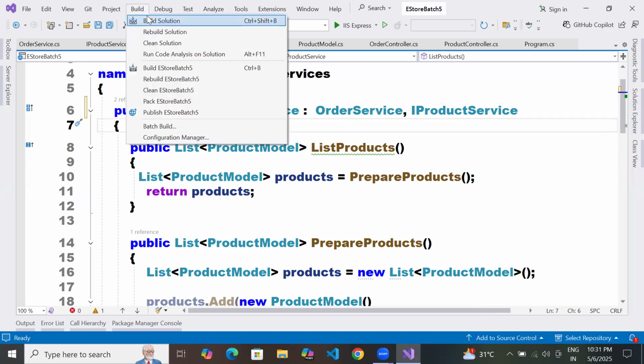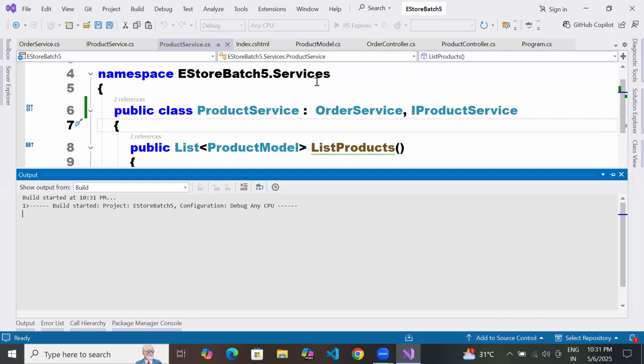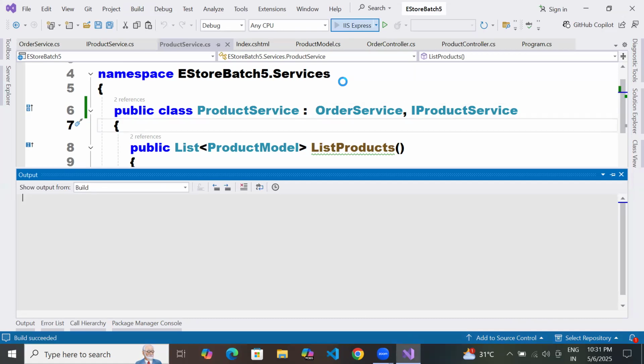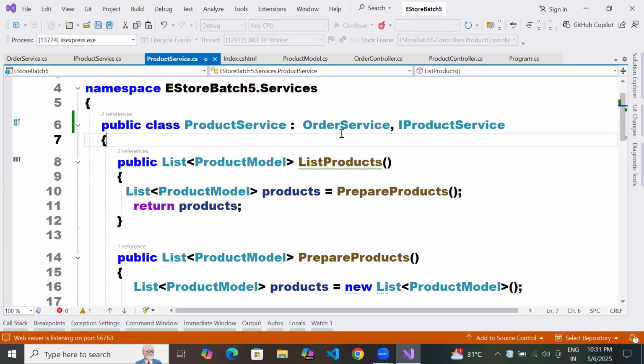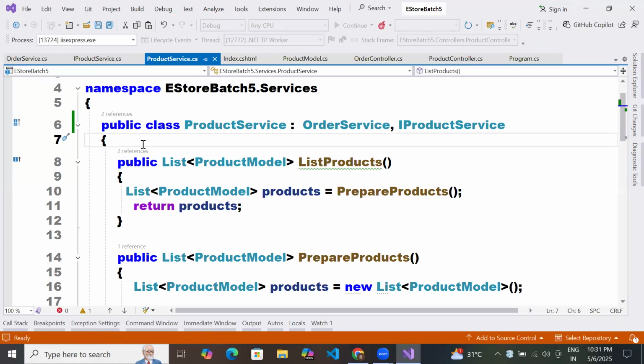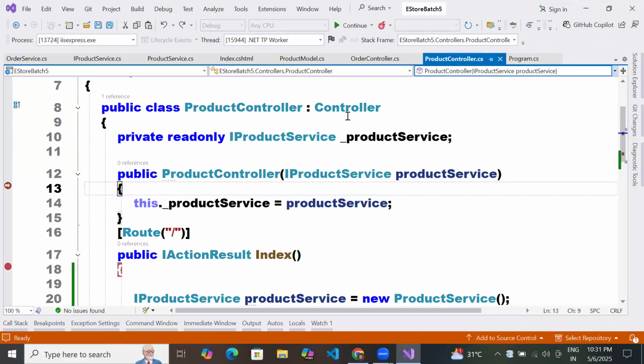We'll see. Okay, it got the product service.